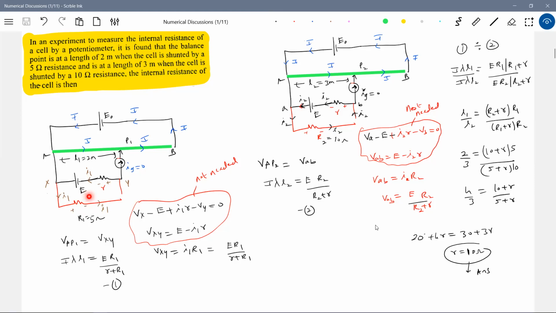Now, whenever a resistor is there, a current will flow here. And these two are at same potential. This drop Vx is nothing but drop across this resistor, terminal voltage. So whenever a resistor R is there, terminal voltage will not be equal to applied EMF. When you remove this resistor, balance in line, in that case, terminal voltage will be equal to applied EMF. Means when current through the cell is 0, terminal voltage equal to applied EMF. When current through the cell is non-zero, terminal voltage will be less than applied EMF. I think there's a rule.